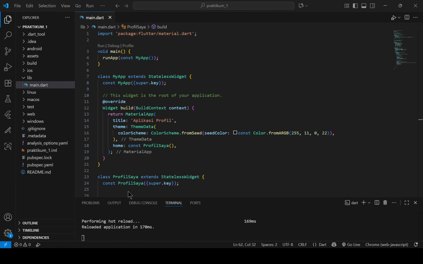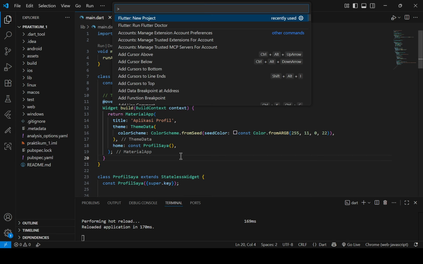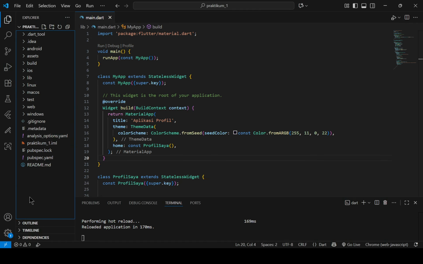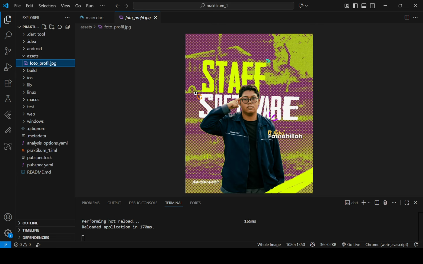First of all, before we change the code, after making a new project with Ctrl+Shift+P and new project, we must make a new folder within this root named assets. Here are the pictures, the assets that we will show on our application page.